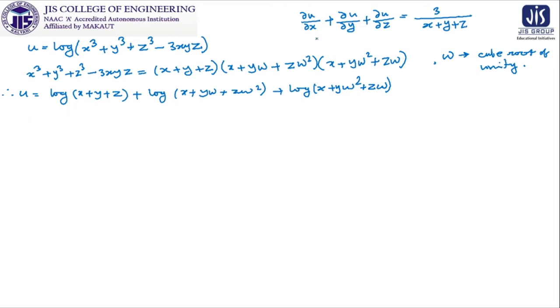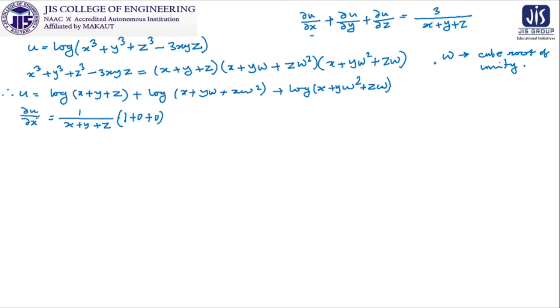So our first job is to find out del u del x. So we will start from there. Log x, so it will be 1 by x plus y plus z. Then x plus y plus z will be differentiated partially with respect to x. So for this x it will be 1 plus 0 plus 0. Ultimately what you get is